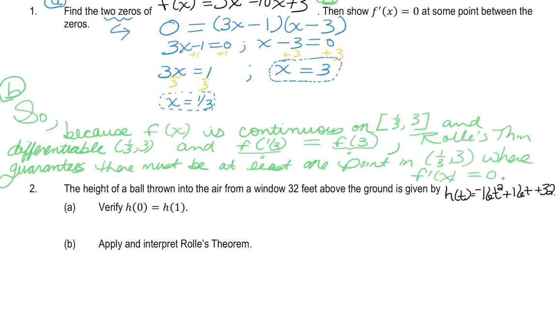So first, verify that h of 0 equals h of 1. So if we notice here, sub in either 0 or 1, sub in both of them, and you're going to get 32 on both of those. And then I'm just going to add to this. Once again, it's just a parabola, but let's just say and observe,